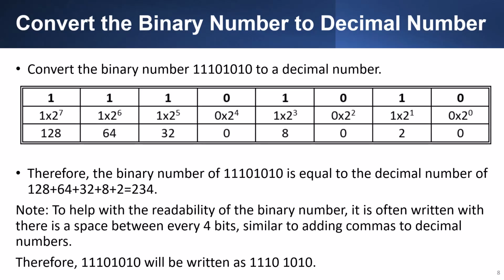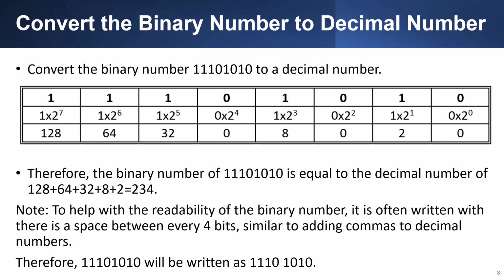So, if you convert 1110 1010, you can see that the first one goes to the 128 spot, and the second one goes to the 64 spot. We have a 1 for the 32 spot. Since we have a 0 for the 16 spot, we put a 0 there. We have 1s for the 8 spot and the 2 spot. We then add them up and we have 128 plus 64 plus 32 plus 8 plus 2,